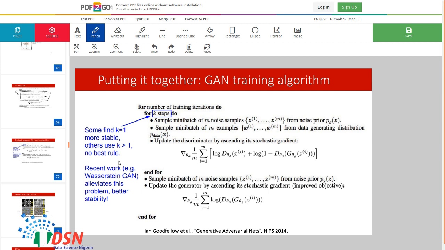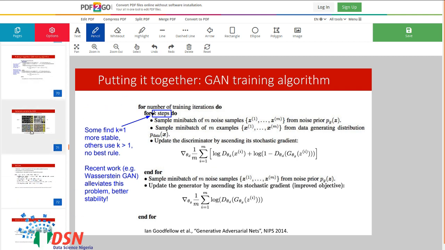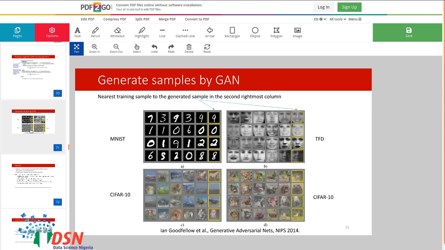So there is no definite rule for how to choose k, but there are some experiments on k to determine how to have a stable training process.